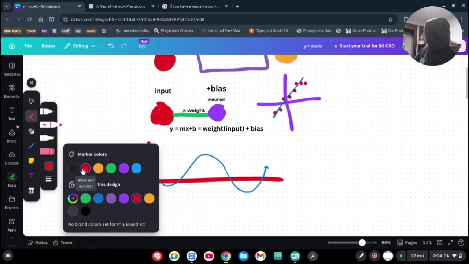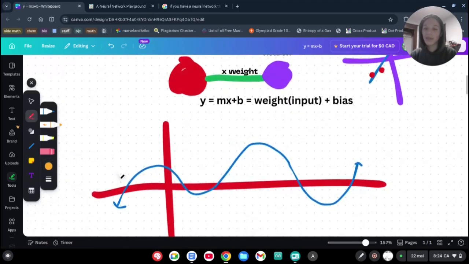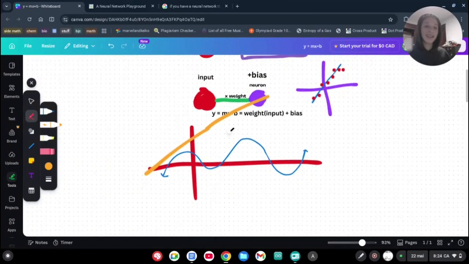Let's say depending on the weight, m, the slope, and the bias, the y-intercept, this neural network might only be able to give outputs that lie along this line. So clearly, a simple neural network like this is not going to be able to